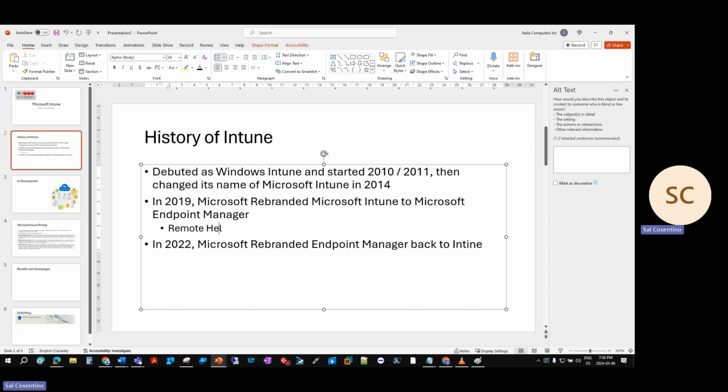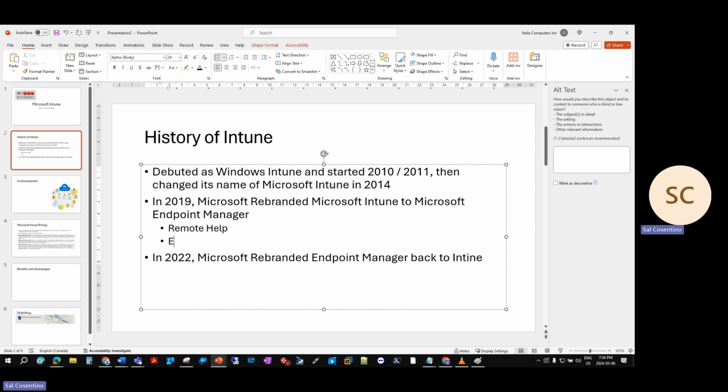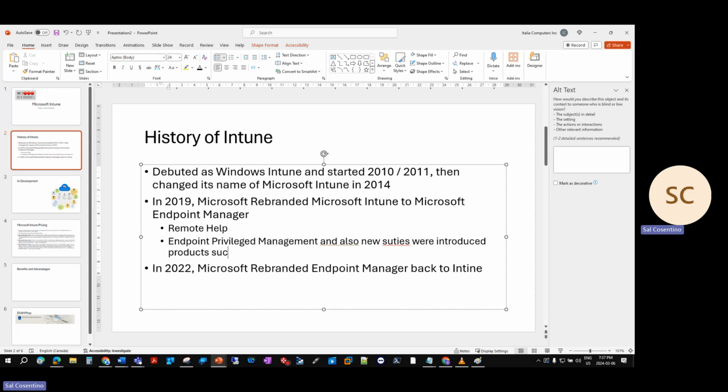And this included remote help, endpoint manager, privileged manager, and also new suites were introduced. Those suites were products such as